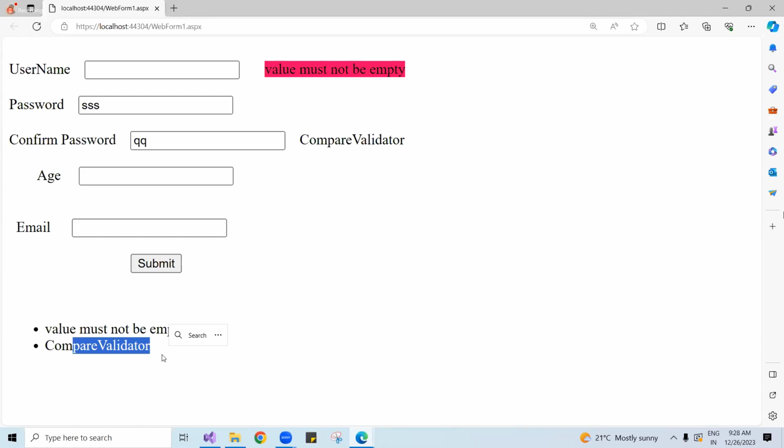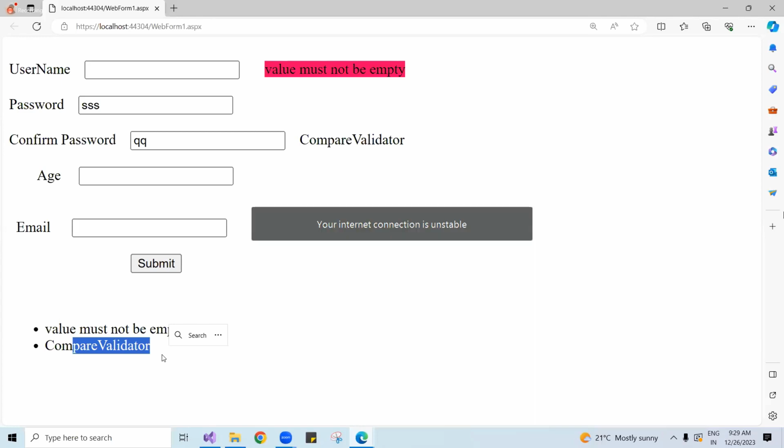One extra thing you need to do here is select the validation expression, whether it is email related or else, otherwise leave it, no problem. Okay, so the next one is,